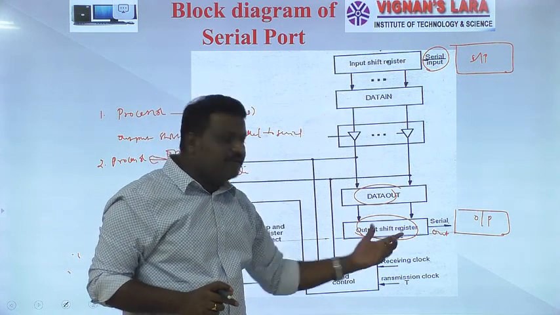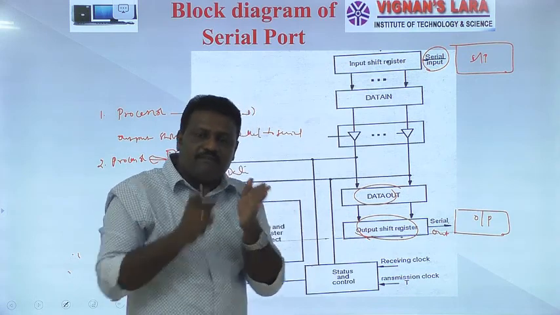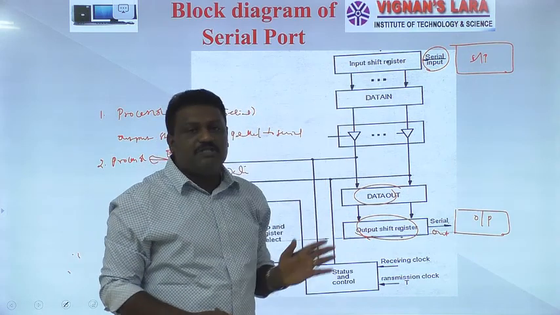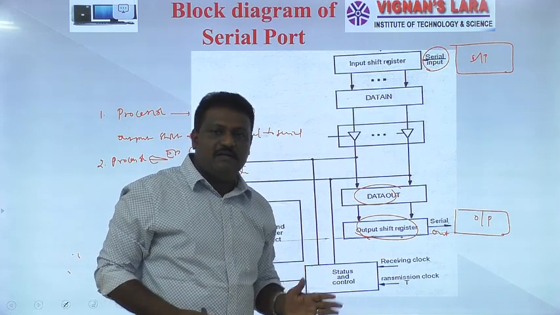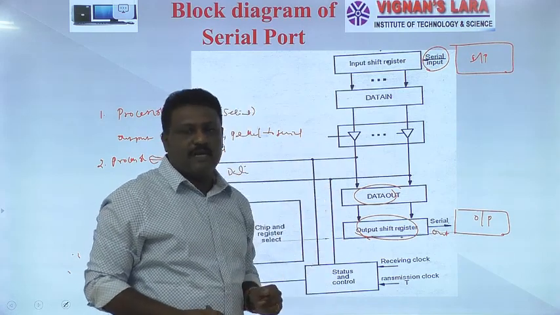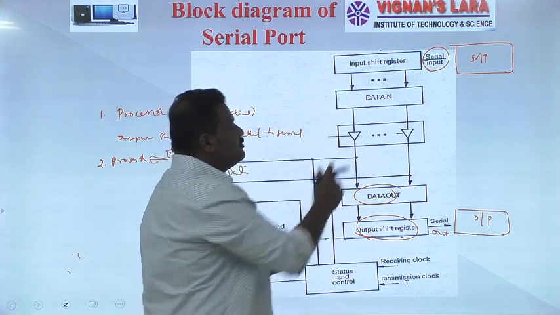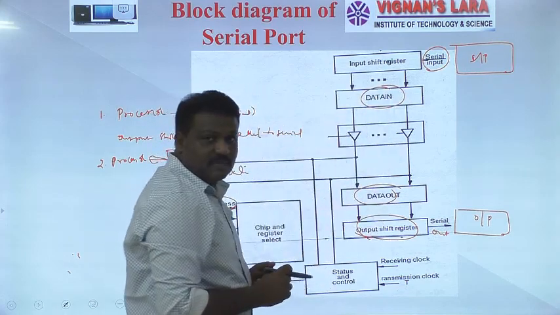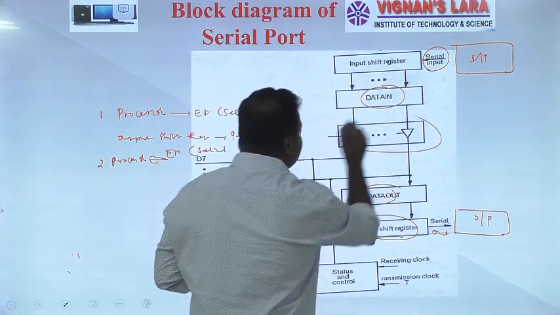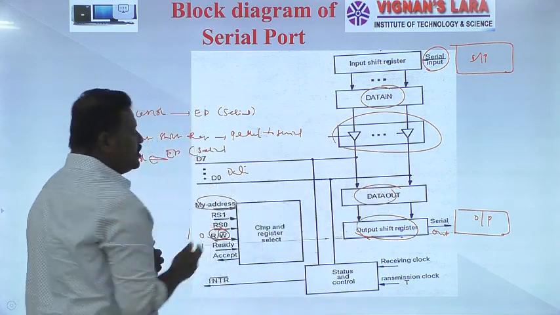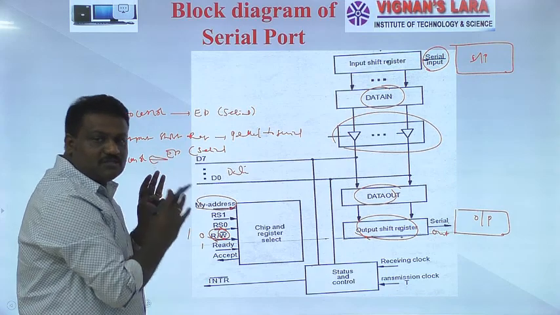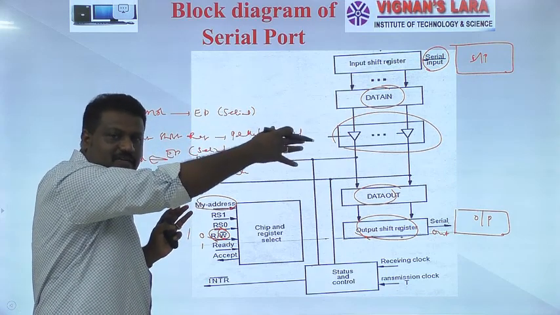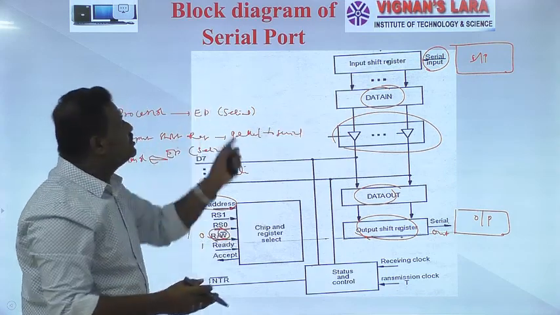In the previous case, the output shift register converted data from parallel to serial. Now this input shift register does the reverse task. That means it will convert the data which is in serial to parallel. Once it converts the data into parallel, that is copied onto the data in register. Later that is placed onto this driver circuit, and from that it is placed onto the data lines. So like this, our processor can communicate with external devices which know serial communication with the help of